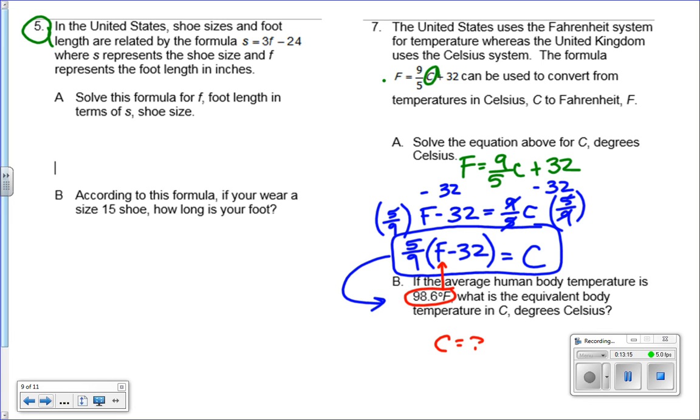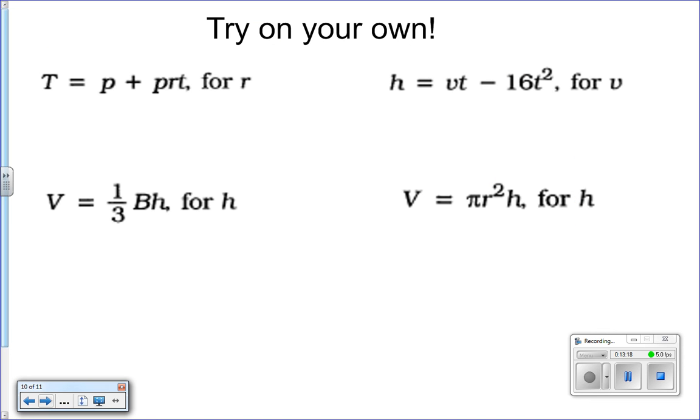All right, so here's 4 that you can try on your own. They're not quite as crazy as some of the other ones, but they're essentially going to give you an equation and then what to solve for. So this first one they're asking you to solve for R. They want you to get this guy by itself. Okay? So take a minute, pause your screen, screenshot it, do what you need to do so that you can complete these 4 in your spiral for tomorrow